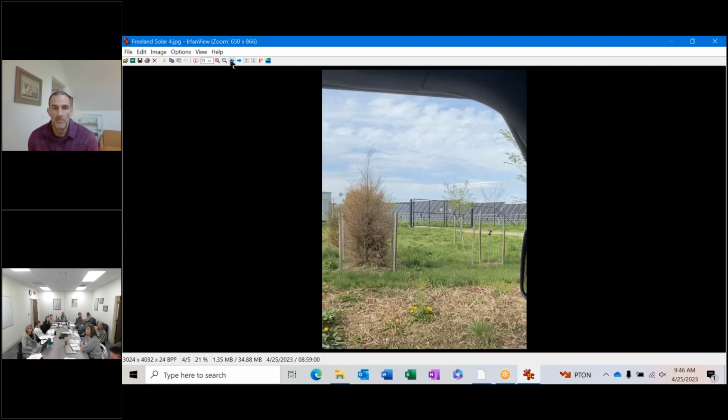But I do think, from the visual barrier standpoint, there can be some assurance, maybe within the bonding requirement, that you can't just plant the trees and then walk away. That sustained growth has to be maintained. If the trees die, they have to be replaced. You can have those kinds of parameters in there. We've got to be reasonable here. There's a balance that has to be struck.